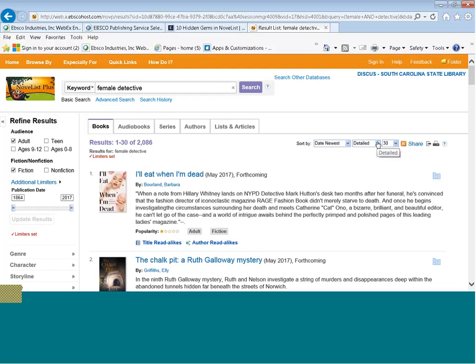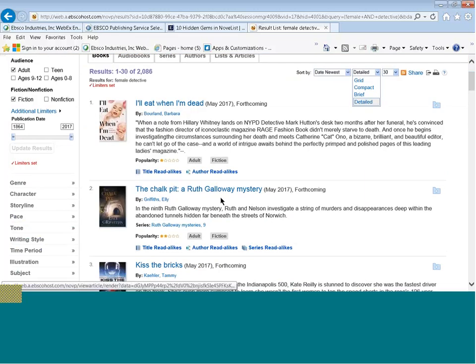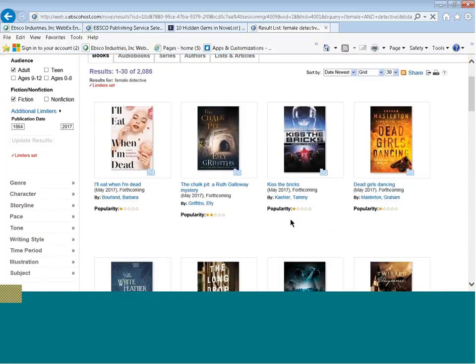While we're over here, I wanted to show you there are 4 views. We're defaulting to the detailed view, which runs vertically and has a lot of detail, including here the series and the volume in that series. But if you wanted to print these, I'd go with compact or brief. If you click on grid, that's a horizontal display. It doesn't have quite as much detail as your default, which is detailed.